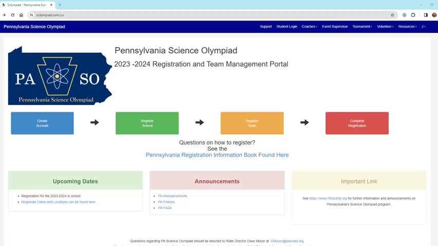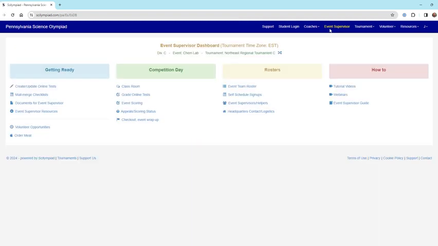When you are ready to score, you're going to go to Scilympiad.com/PA, and then you're going to log in. So go to your drop-down menu over here and log yourself in. You will then see Event Supervisor appear in this top blue bar. Click on Event Supervisor. When you do this, you will come to this particular screen, and for that event, you